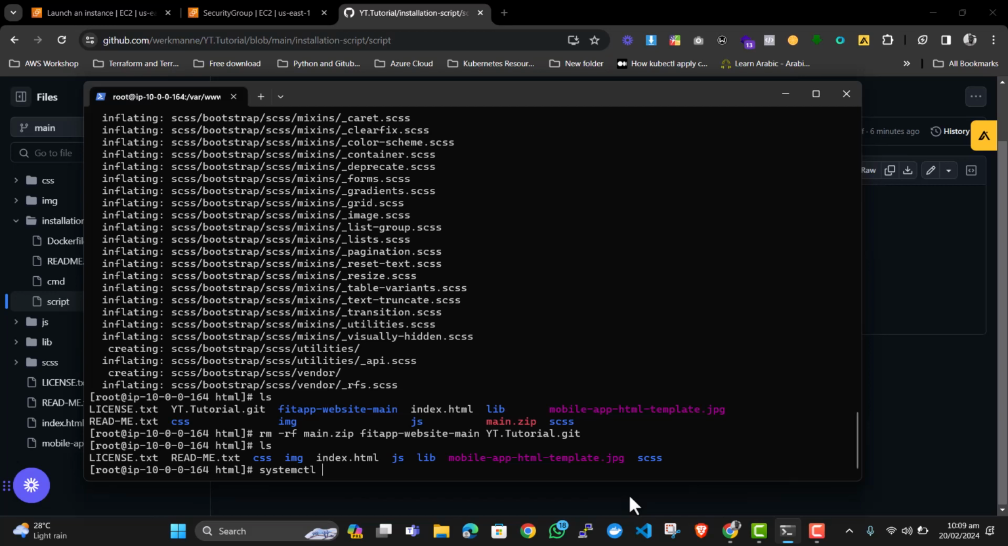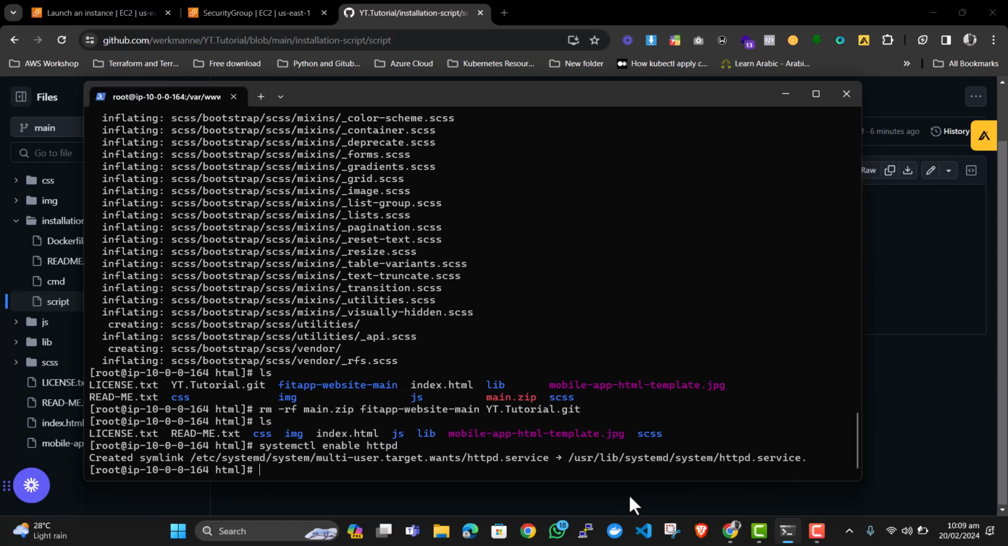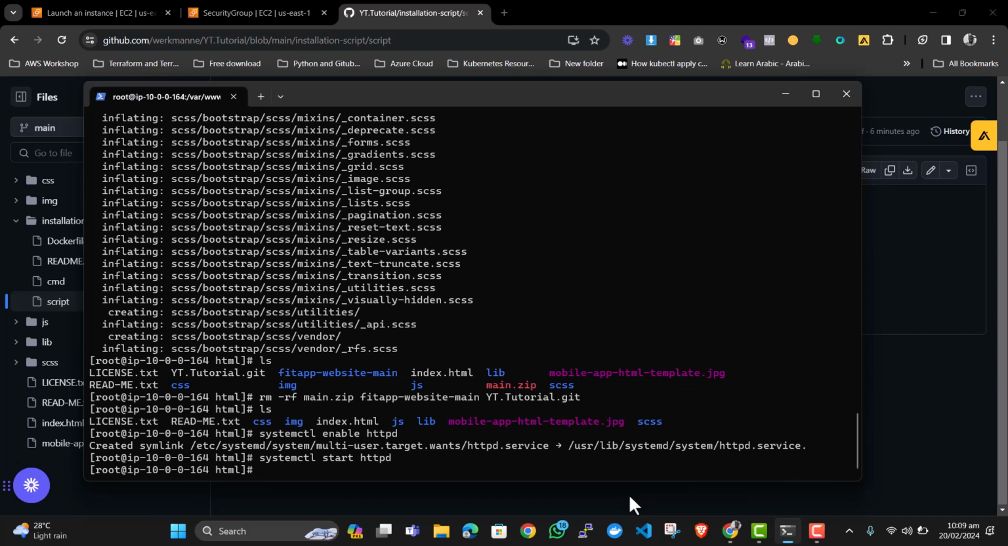So we just type in systemctl enable httpd, and we'll start it: systemctl start httpd. Since we've done this, we can actually copy the IP of our EC2 instance and check if our